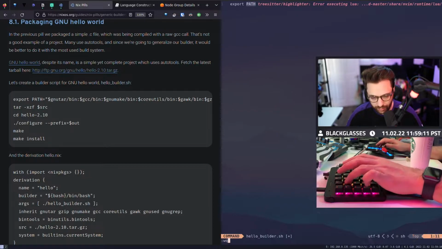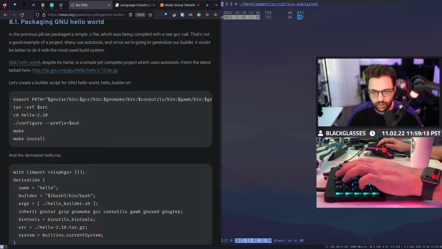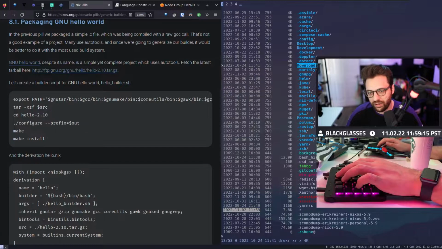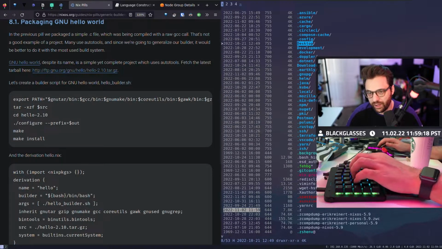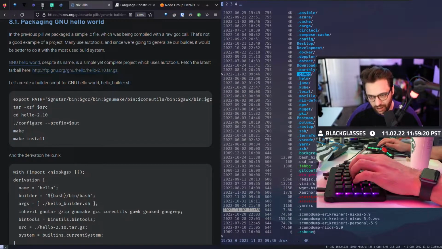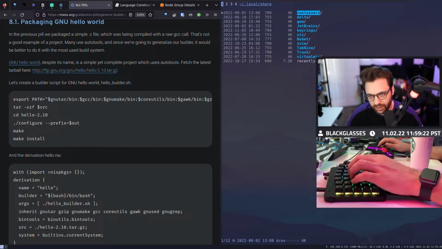Oh, wait, hold on. Need to fix tree-sitter. No, that's fine. Everything else is broken today, so why not Neovim too? That sounds great. Hold on.